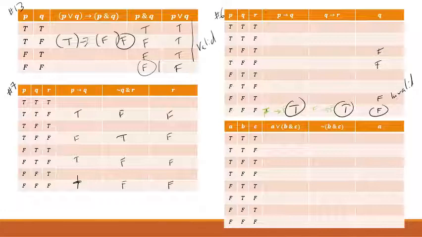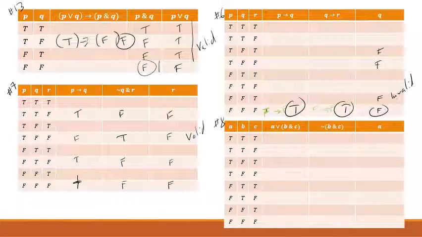So there's no line, right, that has all true premises and a false conclusion. So that means this argument is valid. All right, moving on to number 8. We've got